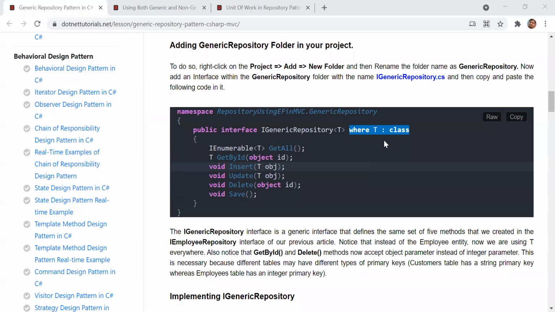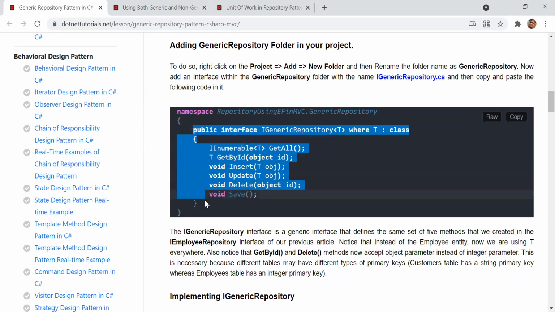How will I do that? This is the way. So T means class, but you can pass here product, employee, student, any class.